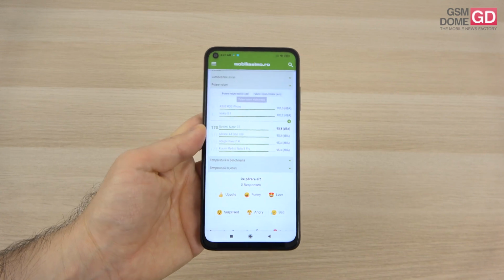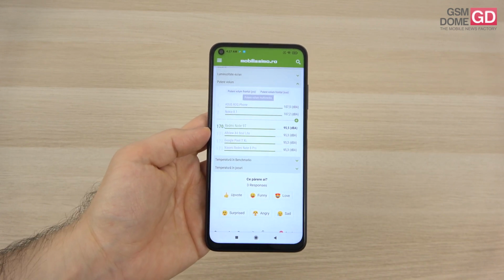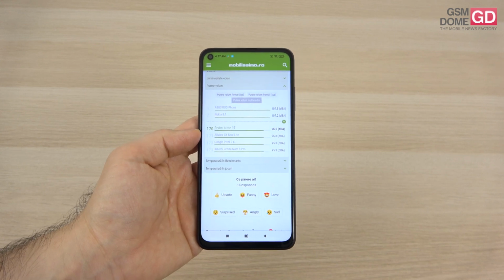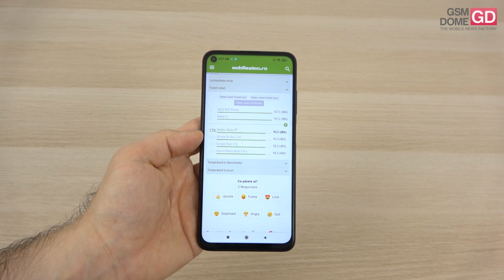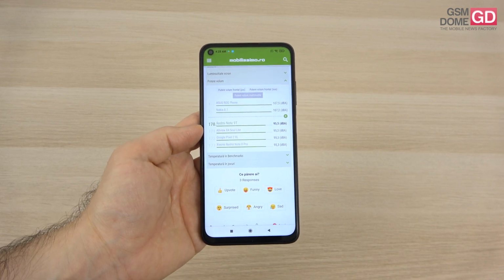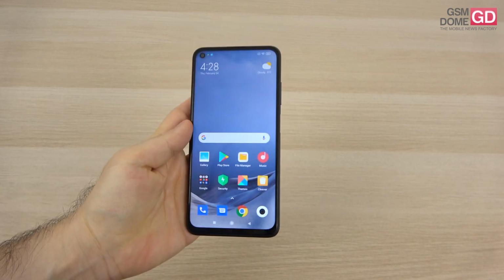Not as impressive in the gaming, 95.5 decibels. There are hundreds of phones which achieve 100 decibels nowadays. But at least we beat something like the LG Velvet, which is much pricier, but we scored below the eternal rival Moto G 5G. Okay, we're done with the acoustics, time to talk about the camera, and as you can